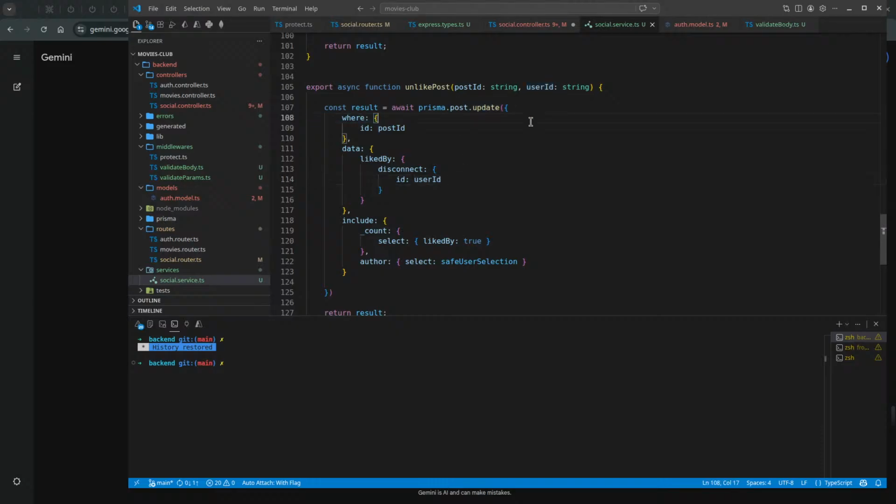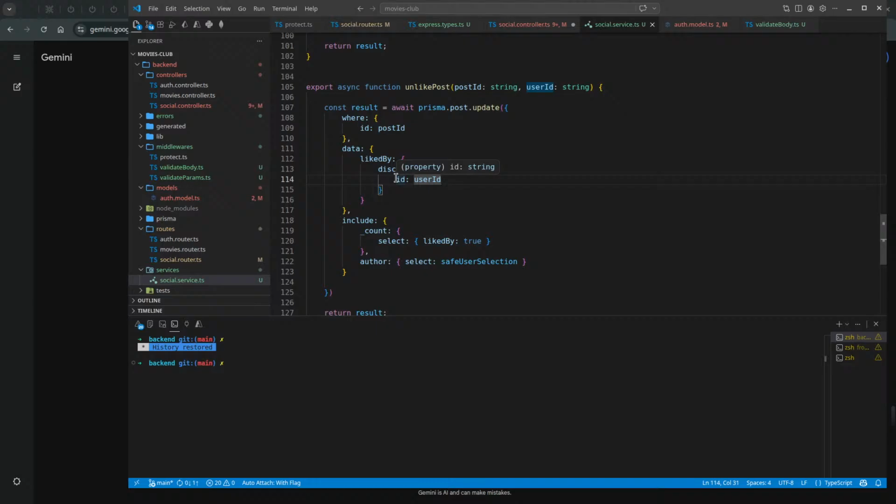Again, for some reason, if this post doesn't exist, it will throw. But what if the user doesn't exist? What's going to happen? Is it going to throw? I don't know. I have to check. I don't know actually.